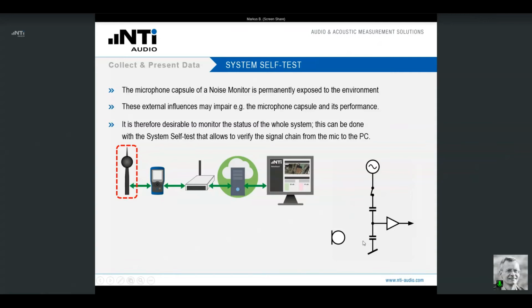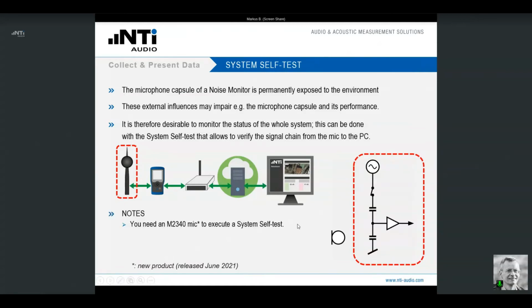However, if this capacitor representing the microphone capsule has a problem, is not working correctly, we will notice that immediately, because the outcoming signal will look different from what we would expect. Keep in mind that this electronic here is all part of the new microphone, and so it's included in here. So with this solution, we can really verify the whole signal chain from the capsule through the whole transmission line.